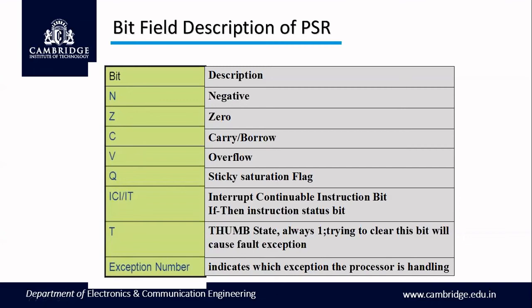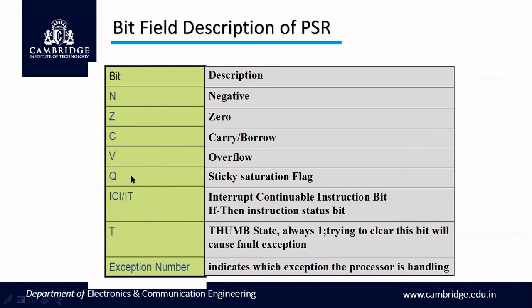The sticky saturation flag is set whenever an instruction has resulted in a value which has exceeded its saturation levels. A few instructions will set this flag to indicate the overflow or the saturation. It is called sticky because subsequent instructions cannot clear this bit. Once it is set, it sticks to that particular value. If I want to clear that flag, I have to write a 0 specifically into it using an instruction. So the sticky saturation flag is a new flag which we are learning now, because we wouldn't have studied this in the 8086 microprocessor.